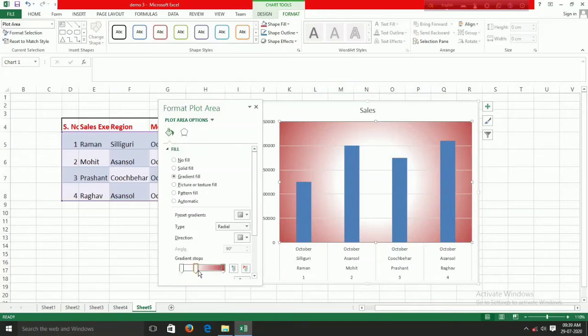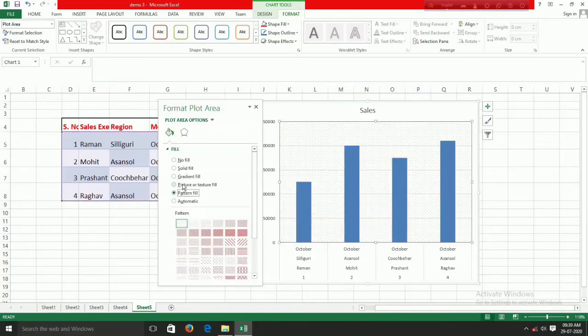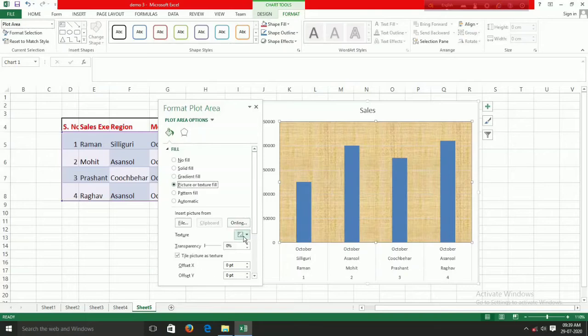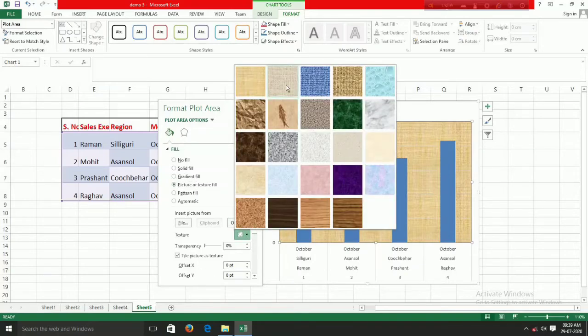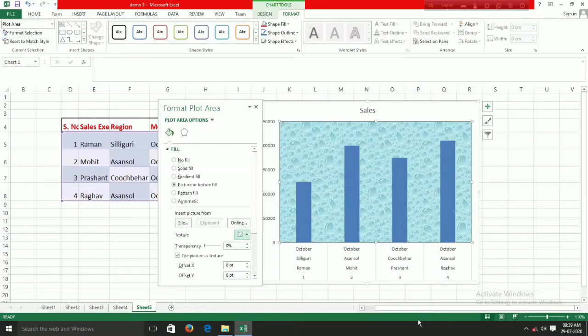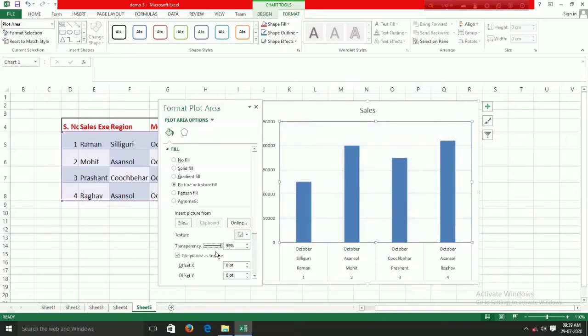You can select the style by choosing the appropriate one, how you want your plot area. Here I am selecting a background texture fill and I will make it transparent. You can see by dragging the cursor.